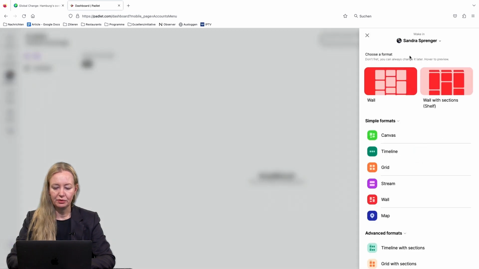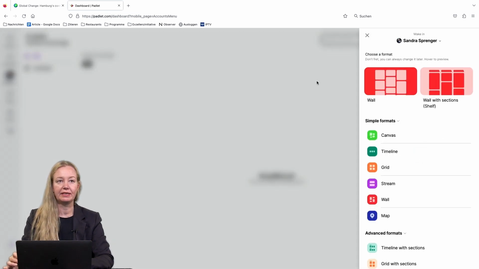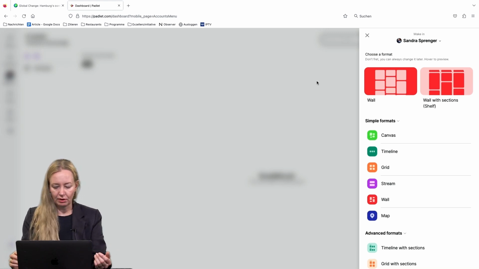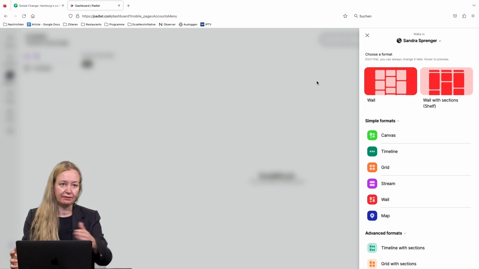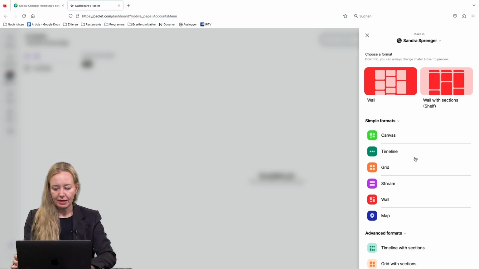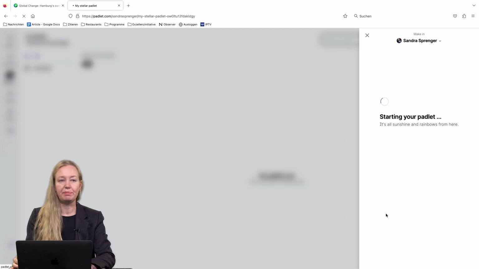And you will see different types of Padlet. Maybe you have worked with Padlet in other contexts, maybe with the wall or with the timeline or the stream, whatever. There are different opportunities, but for creating a virtual field trip, the map function would be the